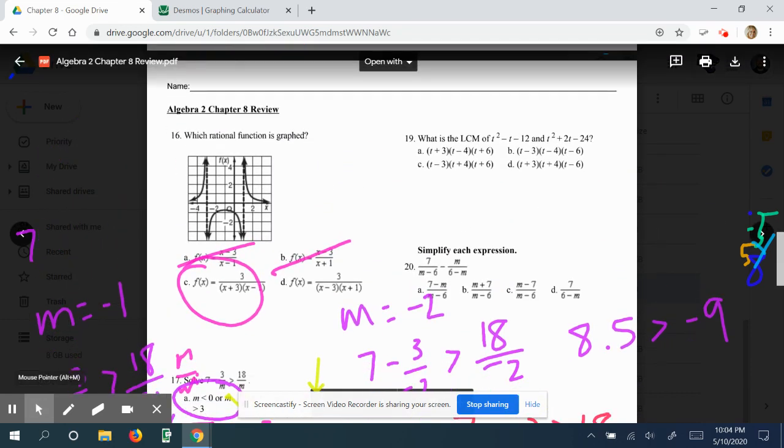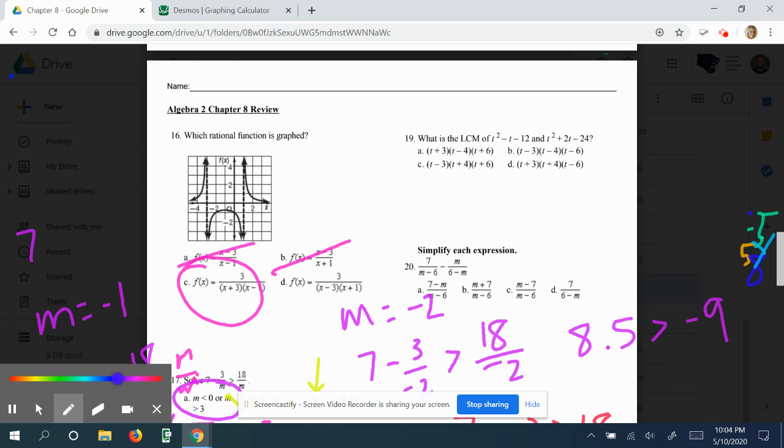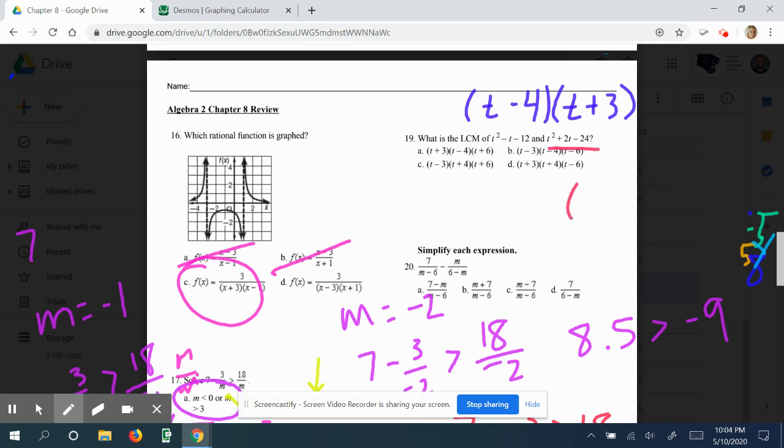All right, number 19. It says, what is the least common multiple of t squared minus t minus 12 and t squared plus 2t minus 24? So I said the best thing to do is to factor them out. So t squared minus t minus 12 is going to be t minus 4 and t plus 3. The other one, t squared plus 2t minus 24, is going to factor to be t